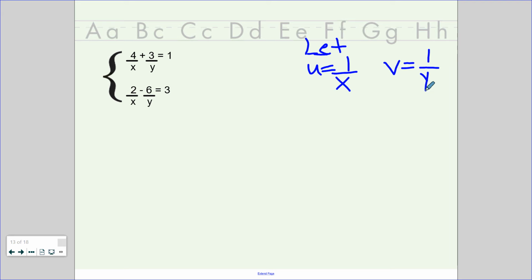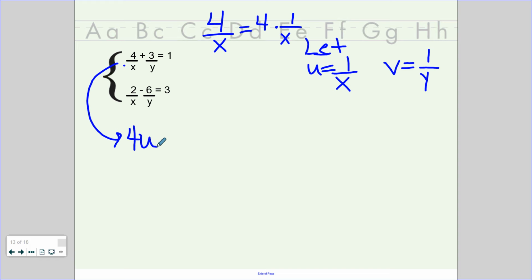Now, where are those coming from? If I think of 4 over x, that's the same thing as 4 times 1 over x. So instead of 4 over x, I can replace that with 4 times 1 over x, or just 4u. 3 over y is the same as 3 times 1 over y. So that's the same as 3v, and then just keep my 1. Do the same thing for the bottom equation. 2 over x is the same as 2 times 1 over x, so 2u. 6 over y is the same as 6 times 1 over y, so I'm going to have a minus